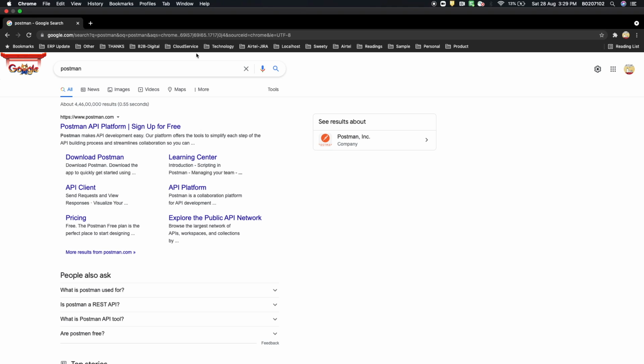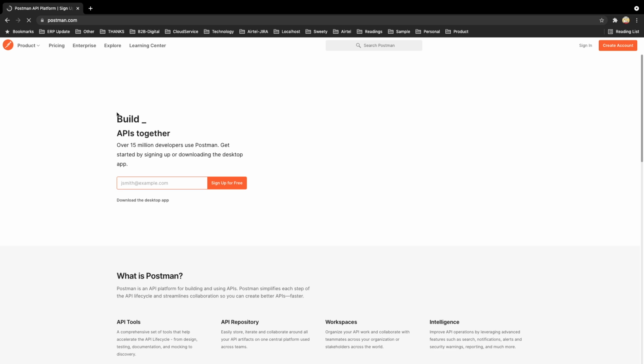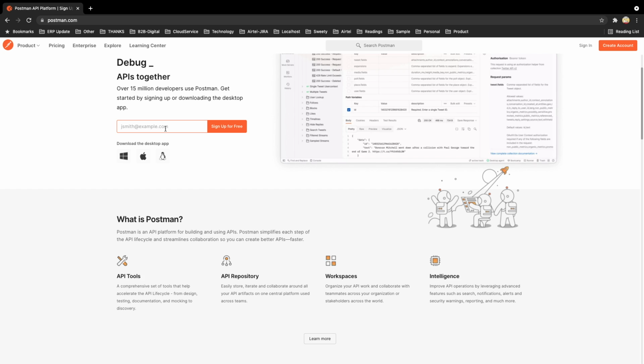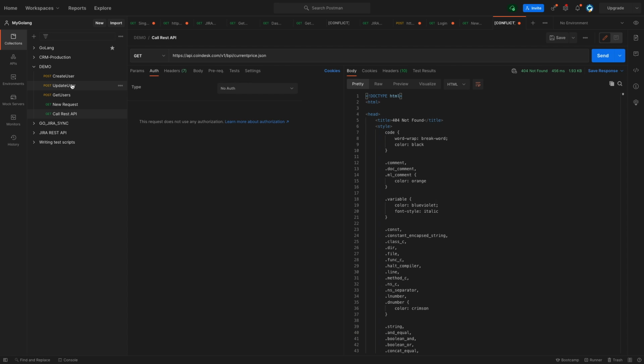So I'm on Google. I have opened the Chrome browser. We just have to search the Postman application. So the very first URL which is coming is Postman API platform. You need to click on this URL, and then you can simply download this by providing just your email ID or something. And this is again open source. You can use it for non-commercial purpose without any cost. So once you install, you will click on the Postman link and you will see the interface somewhat like this.